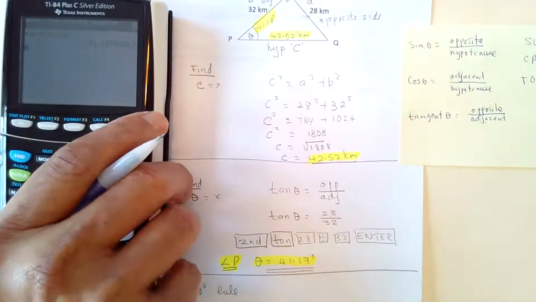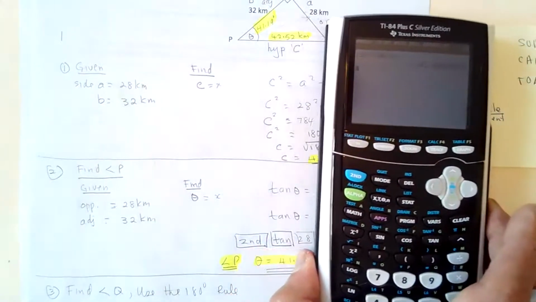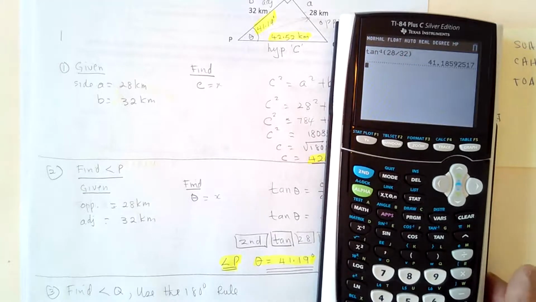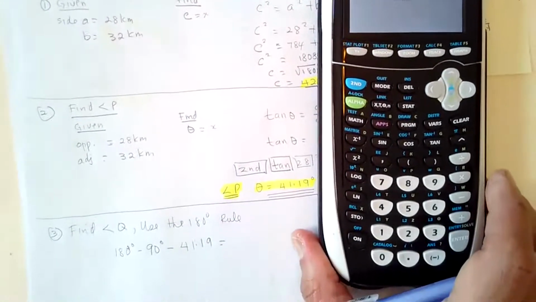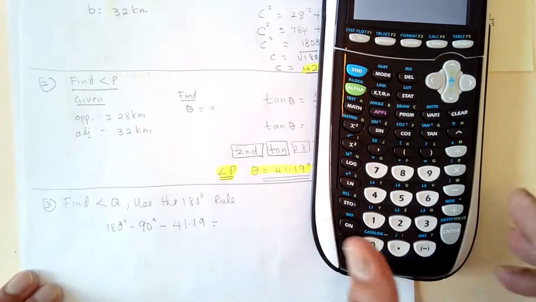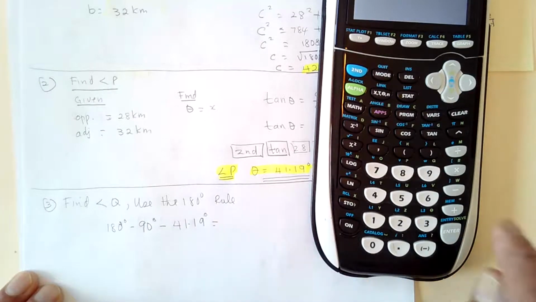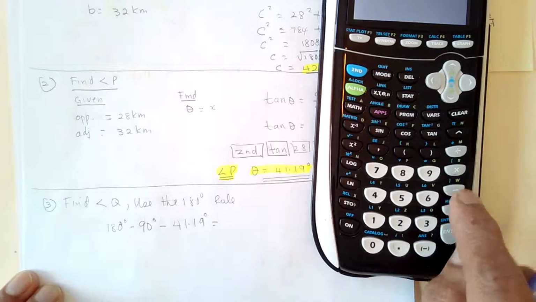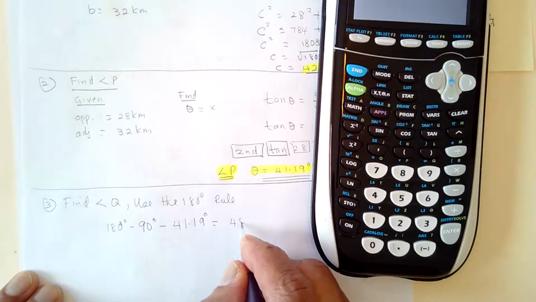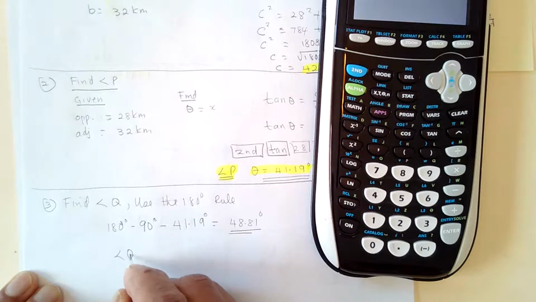So go to our calculator. So 180 minus 90 minus 41.19 is 48.81 degrees. So angle Q is equal to